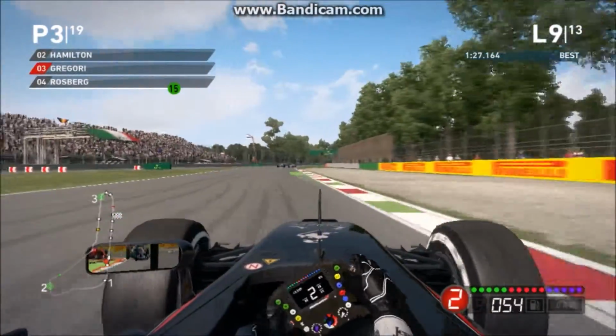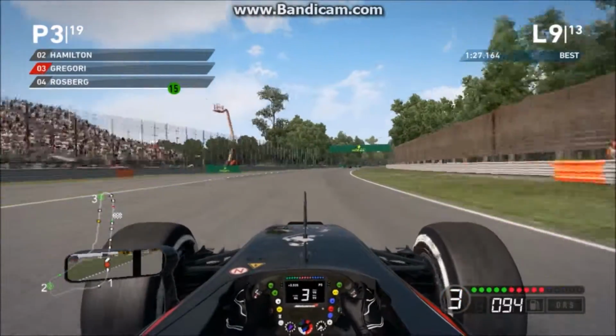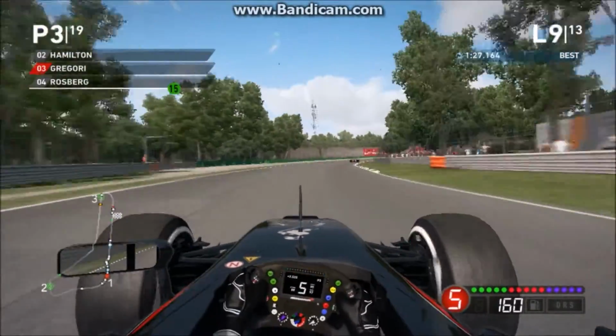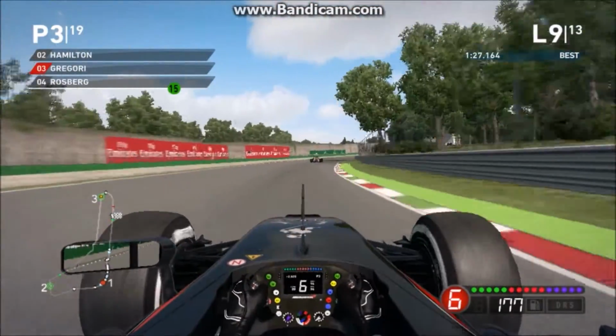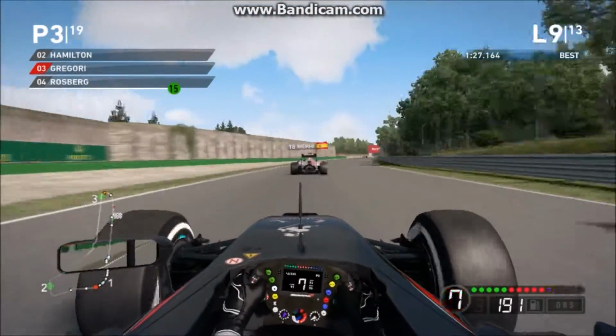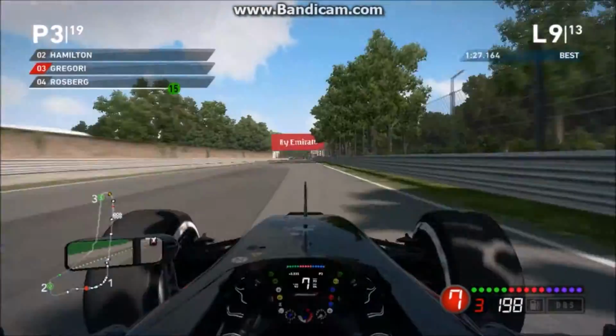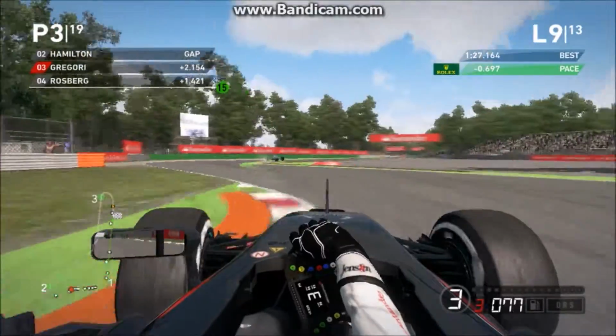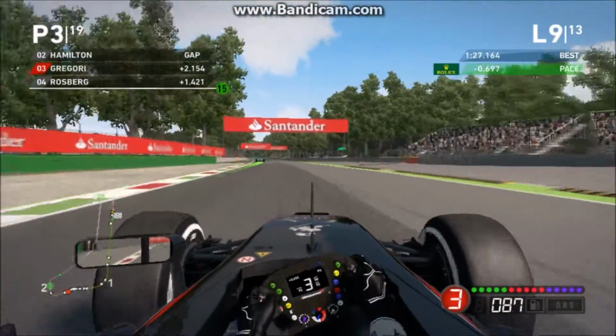But Rosberg, Vettel or Bottas, they didn't mount an attack on me in the first DRS zone, so I'm quite thankful for that. I think this is a lapped car up ahead of us, and yes, it's Roberto Merhi, so we're going to try and use a bit of the slipstream when we get past him. Now I'm praying he holds Rosberg and that lot up, so I can officially go and...